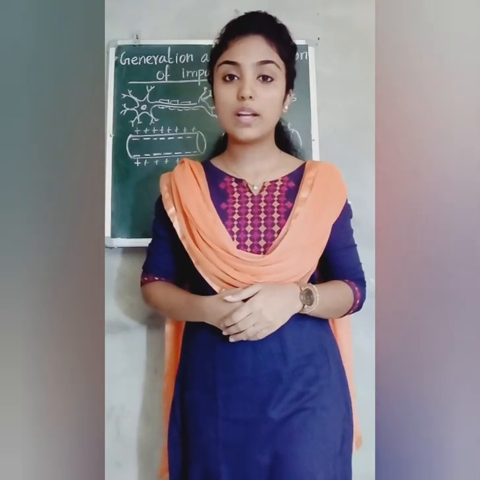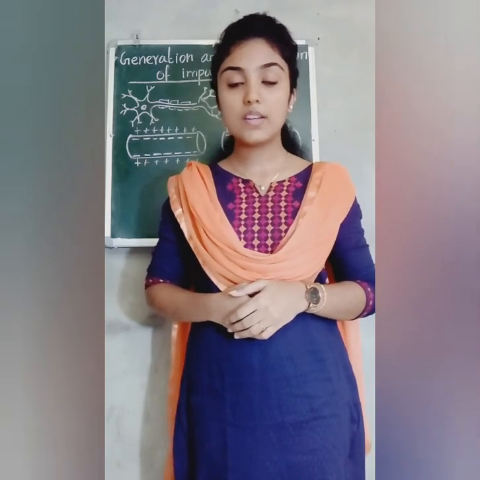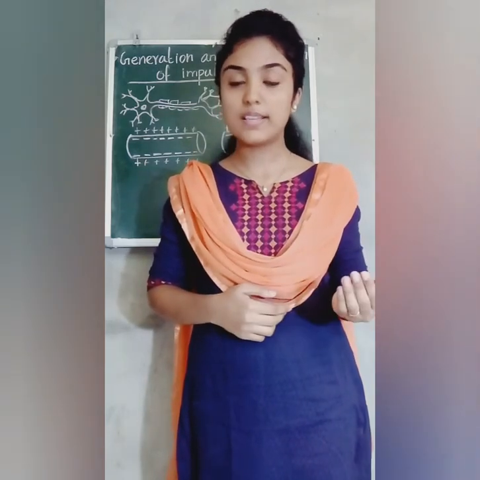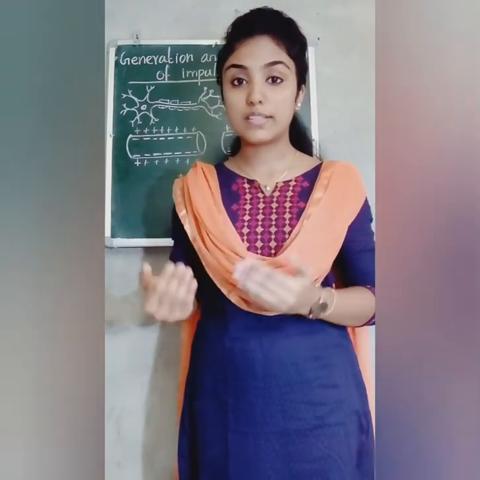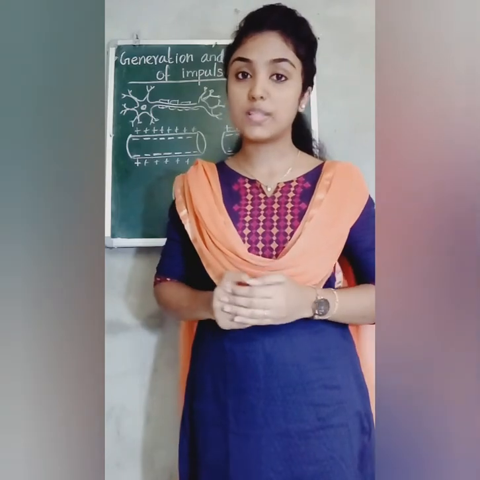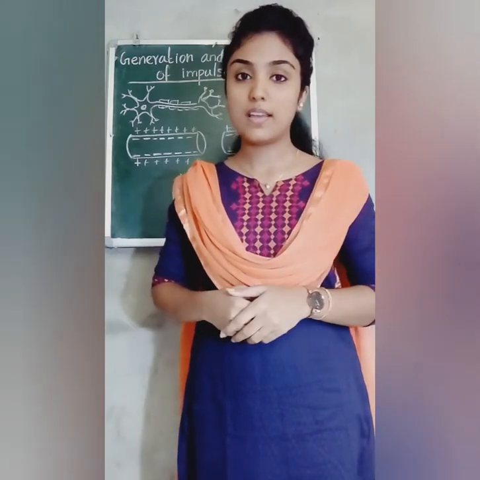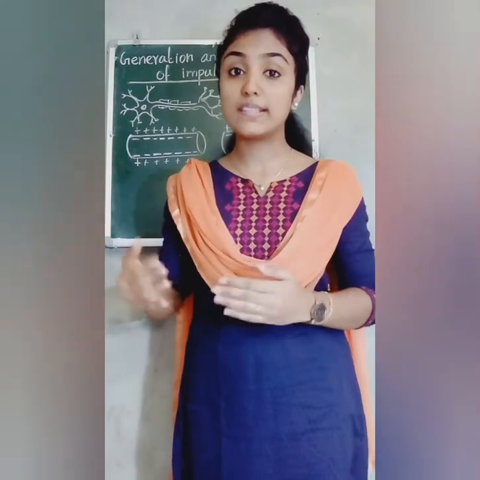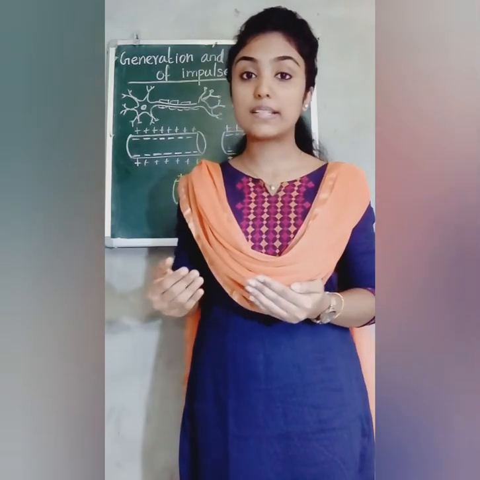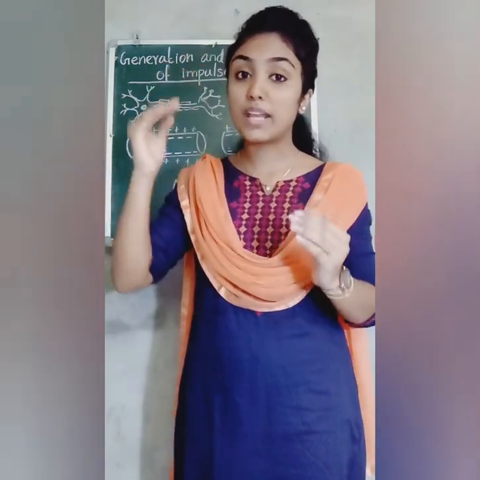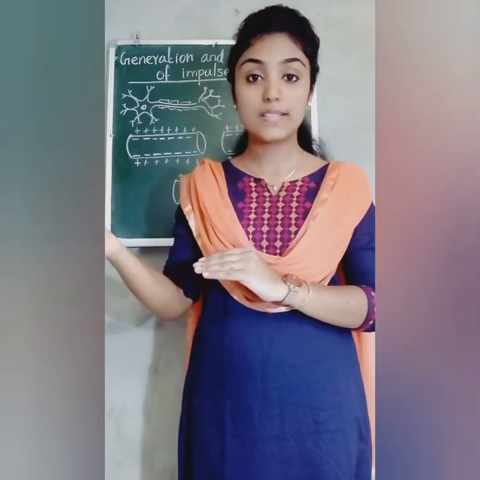Dear students, we were discussing chapter 1, sensations and responses. In the last class we discussed stimulus and studied the different parts of a neuron, and we understood that our nervous system controls and coordinates all our actions based on certain stimuli. When we get stimulated, certain impulses are generated, and these impulses reach our brain, and our brain gives us a message on how to react or respond to this stimulus.